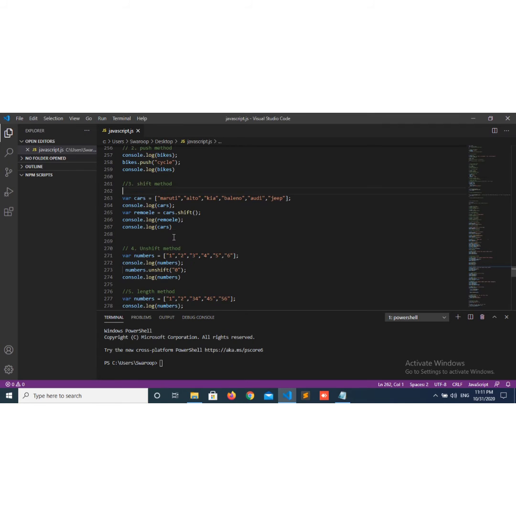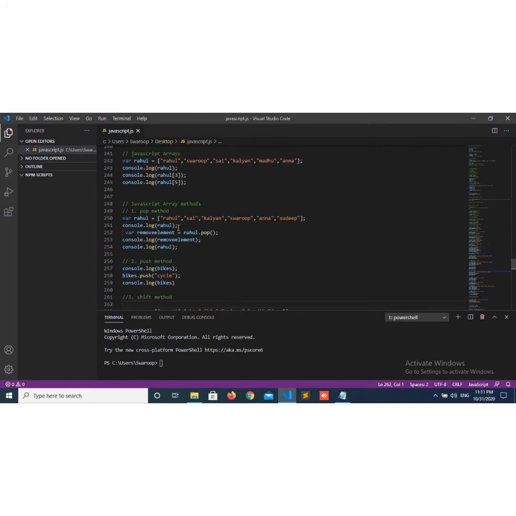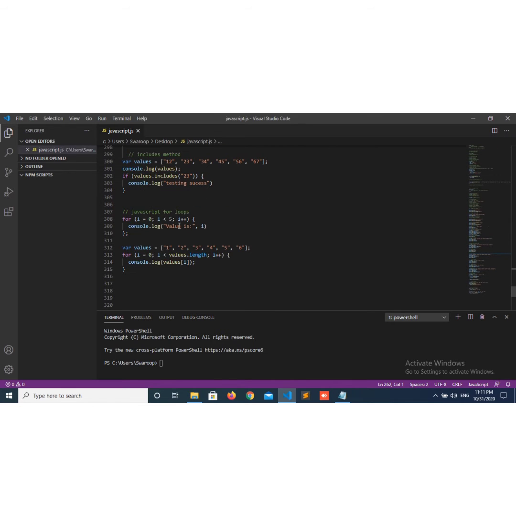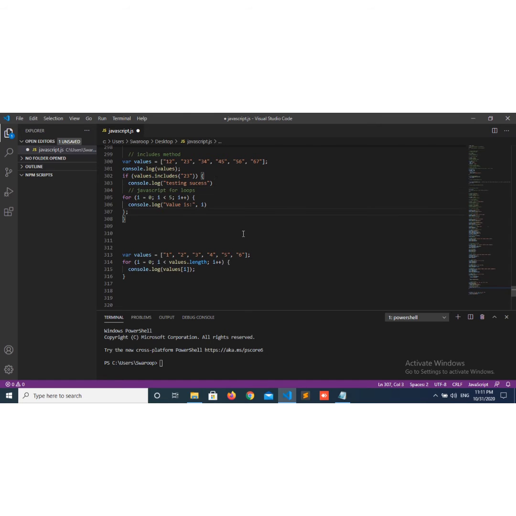Let's see. Where is the if commands? I'm looking for if commands. Okay. Here my cursor point is at here.